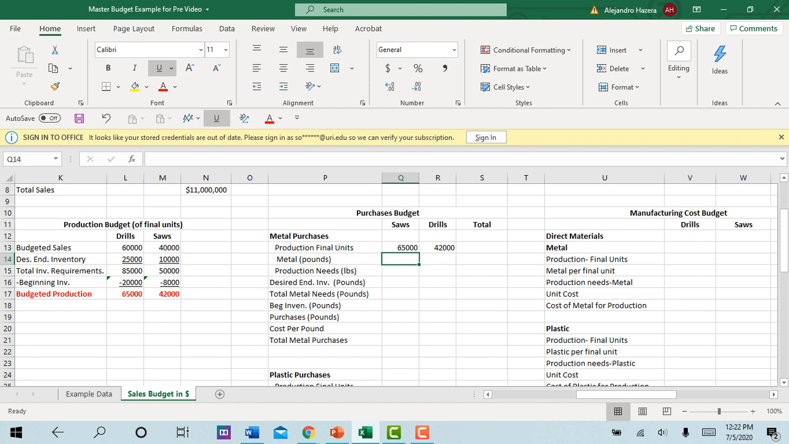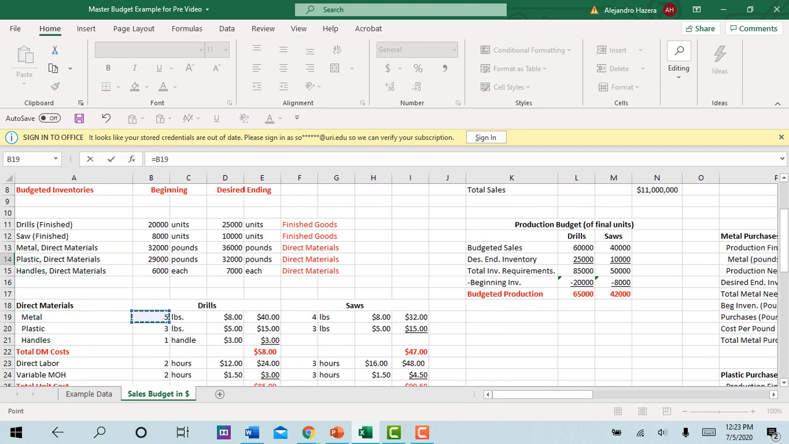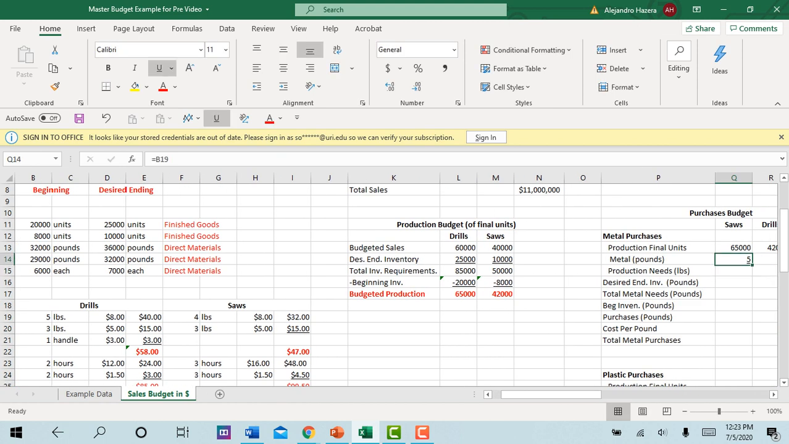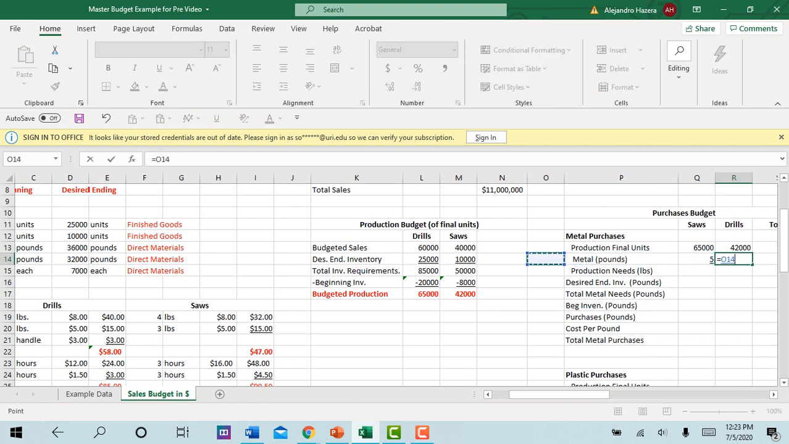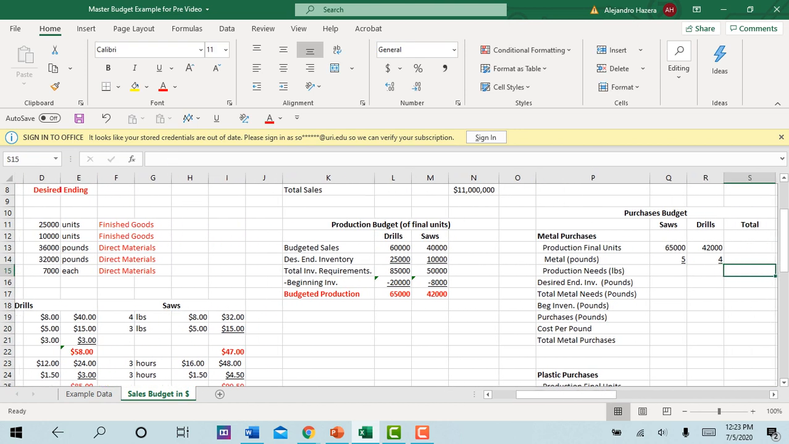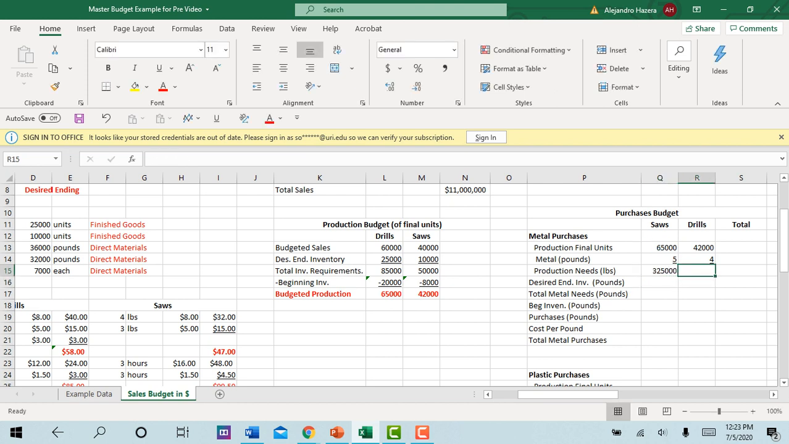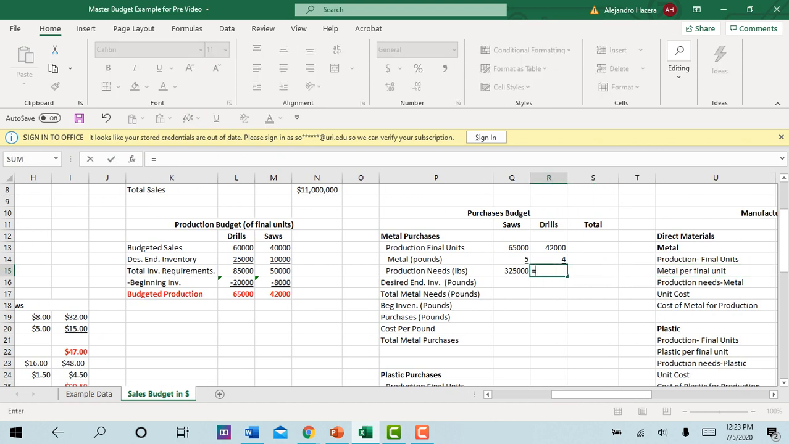Now, then we ask ourselves, if we have to make those numbers of final units, how many pounds of metal go into each one of these? We're computing first the metal, then we'll do the plastics. Well, we know that 5 pounds of metal go into each saw, and we know that 4 pounds of metal right here go into each drill. Okay, so if we take saws times the pounds of metal, we know that 325,000 pounds of metal are going to go in to make the 65,000 saws,